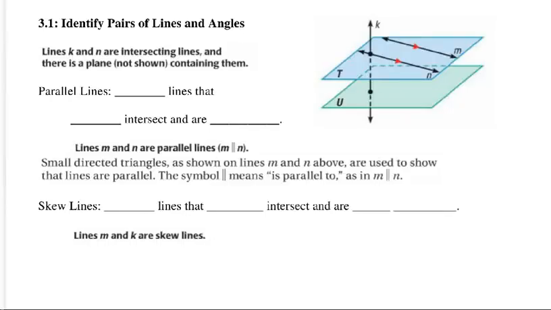In this video, we're going to talk about identifying pairs of lines and angles, and we're going to use these throughout this whole unit of 3A. And the first one, if you look at our picture on the right, you can see that there are two planes, this blue one and the green one. There's a line going through it, and there's a set of parallel lines, that's what our little triangles represent, on